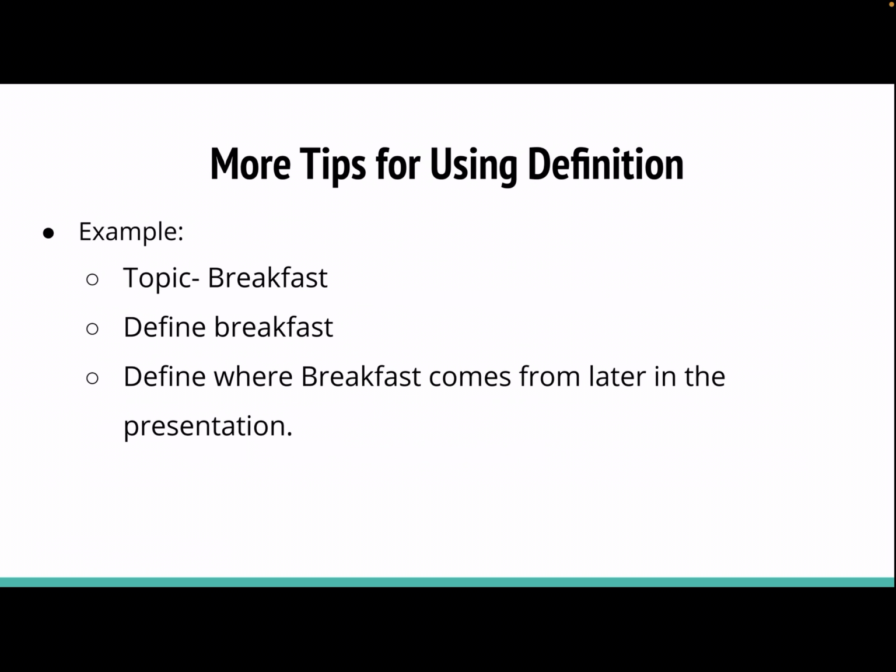Now, you can use maybe a different definition if people say breakfast for dinner. Breakfast would then be more morning foods like eggs, bacon, Canadian bacon, pancakes, that kind of deal. Instead of necessarily breaking the fast from that night, it could be the foods that are common in breakfast. Now, another tip for later in the paper is you could describe where breakfast comes from or how it affects the body in a certain way.